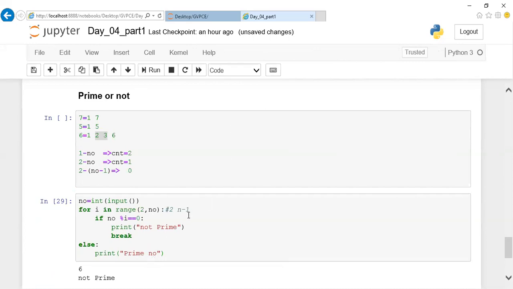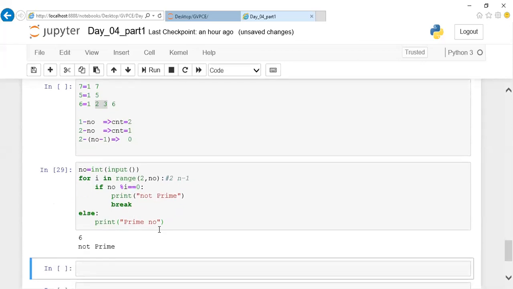Till this, people have already cleared the same factors program. I'm taking a range alone. I'm just scrutinizing the range from 2 to n minus 1 and checking if it is divisible. If so, immediately say not a prime number. If it is not divisible throughout this range, then display prime number. Yeah, Shami, this is good, but even though this is not an optimized way, we'll see the optimized way.